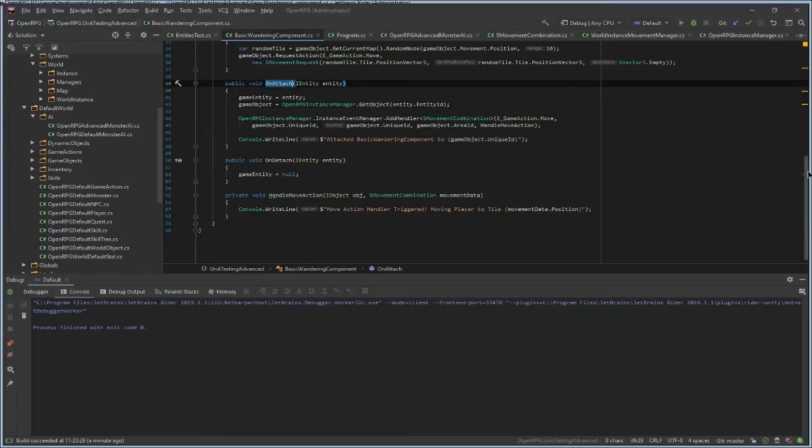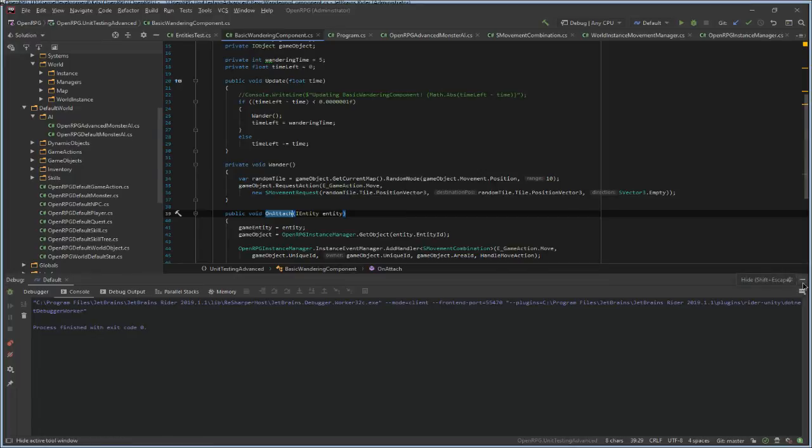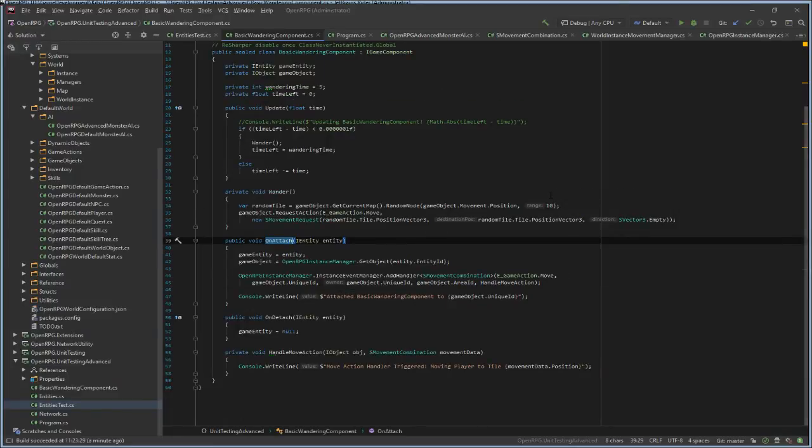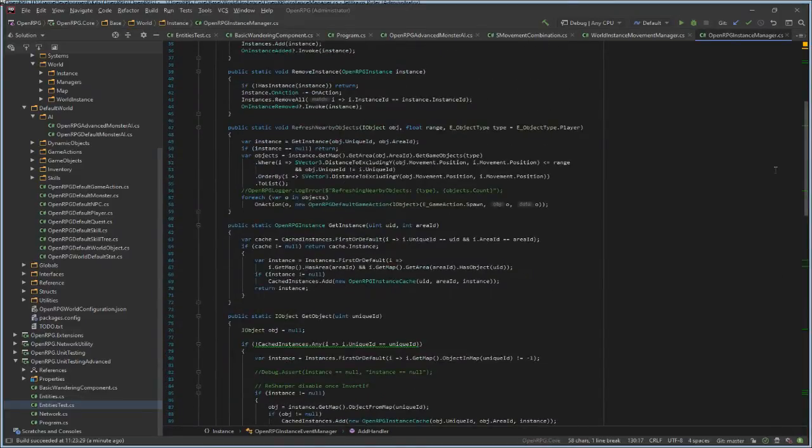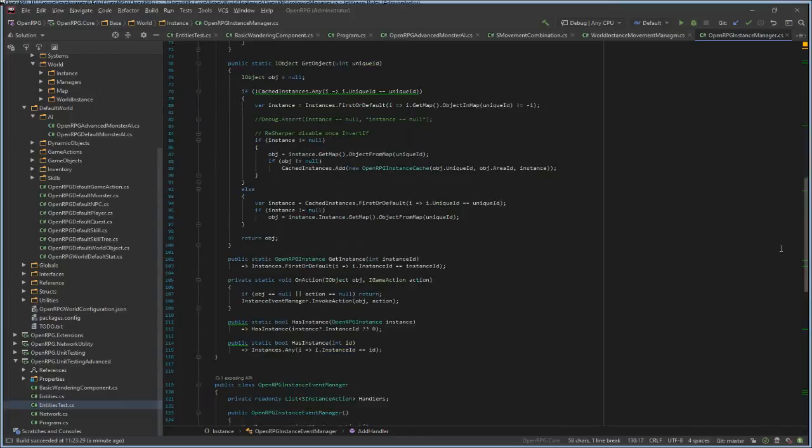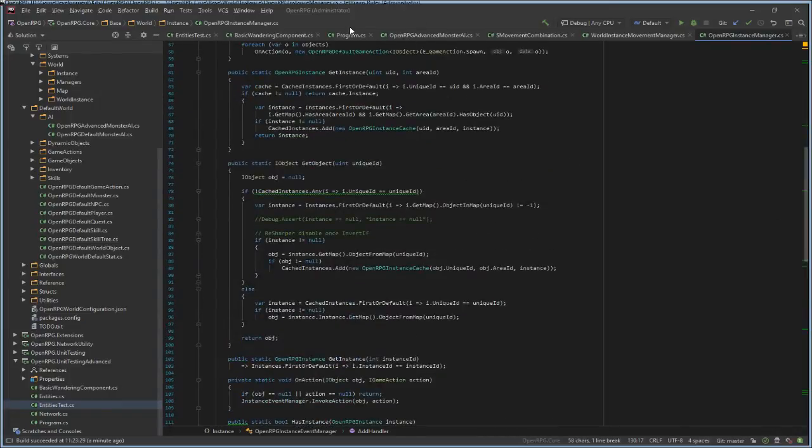So I have to call this on attach event when the entity is created. So when the entity is spawned, I just call the on attach method.